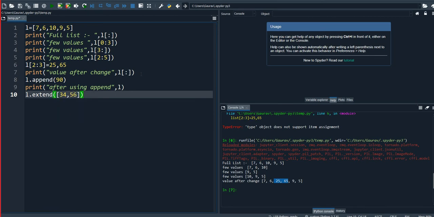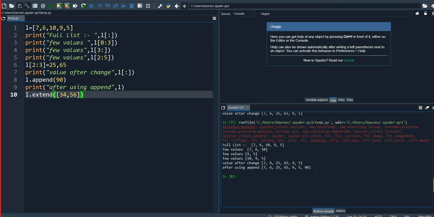Okay, we have not printed it yet. Now see, what value have I added? 90. By using append I have added 90.